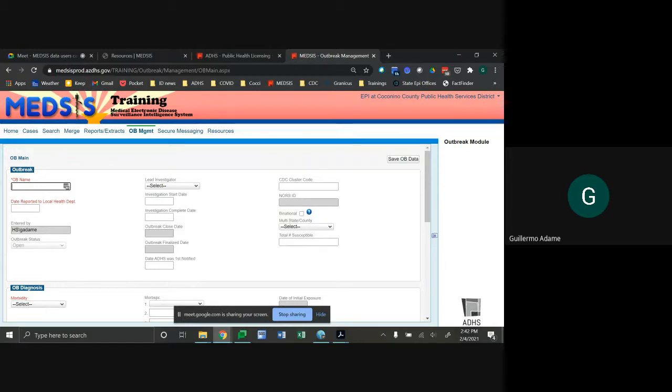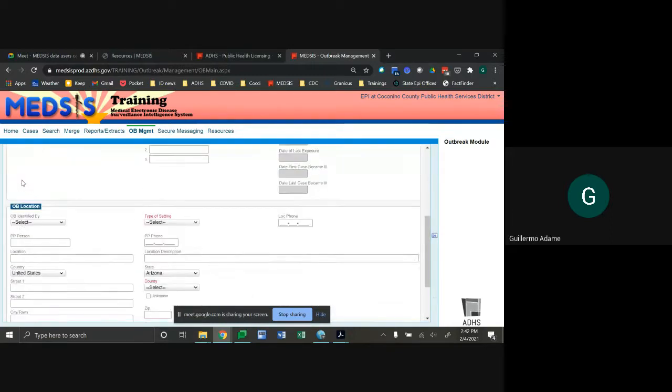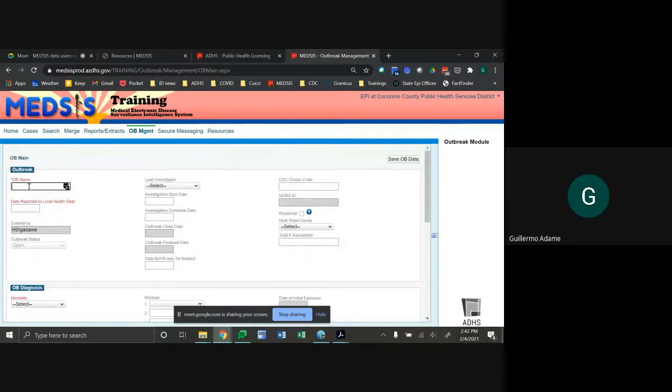There are 5 fields that are required to actually create an outbreak entry. They're all highlighted in red here, and we'll go through them. Starting with outbreak name, you can really choose any name you want here. However, we do recommend you consider using an outbreak name that can easily be interpreted by others, such as when they're linking other cases to the outbreak entry.